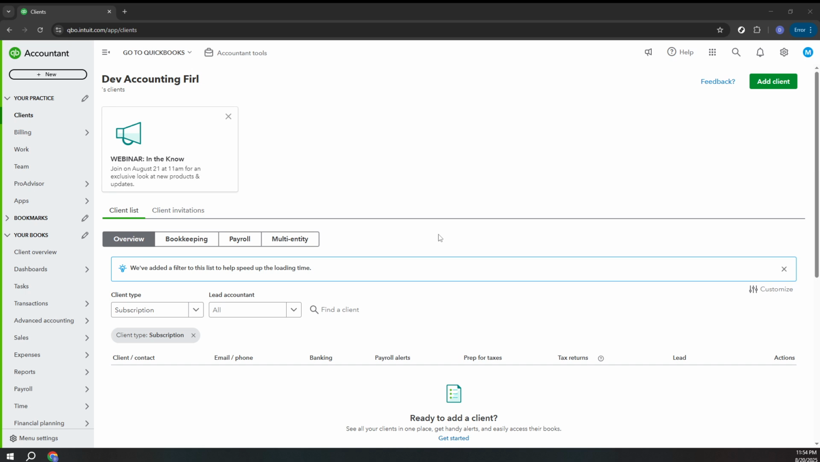Once you're there, log into your account using your credentials. If you're new to QuickBooks, you'll need to create an account first, but assuming you've already set it up, just enter your login details. This step is essential as it gives you access to all the features we'll be discussing